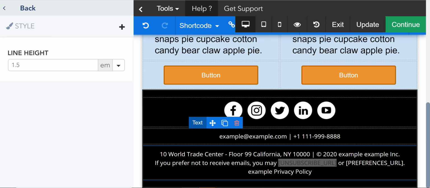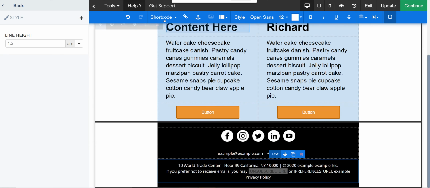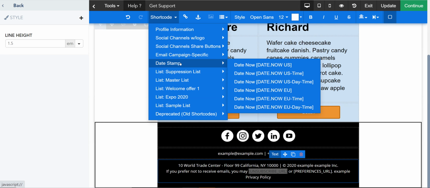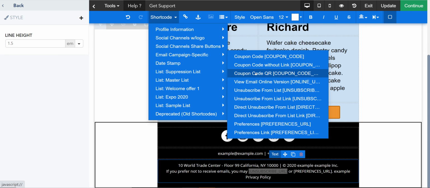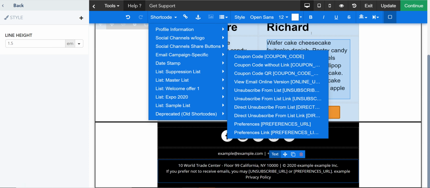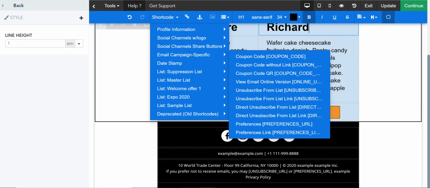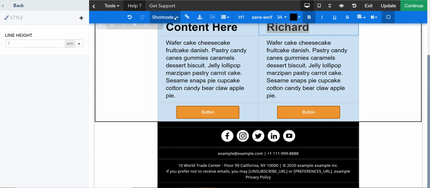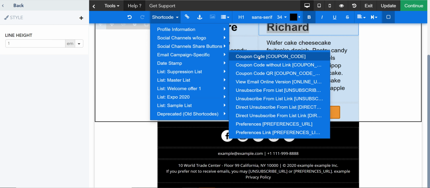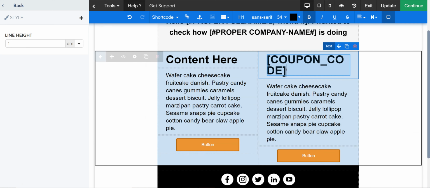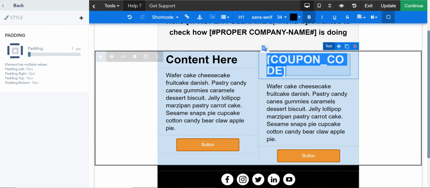We also have inside our library, so let me reset this, an option to include a coupon code. Now, I do have another video on that, but coupon codes, whenever I insert them, let's say I insert them here, and I end up sending 5,000 emails, the system is going to generate 5,000 unique coupons that could be clicked